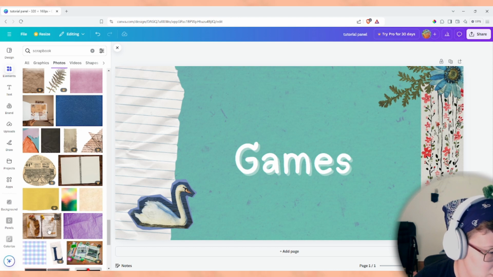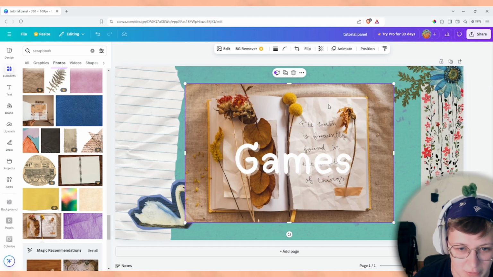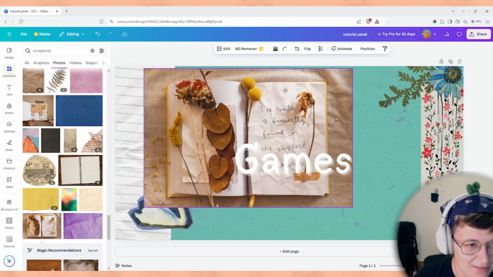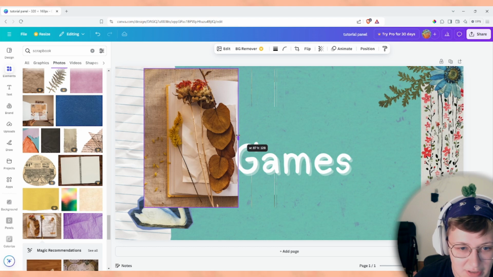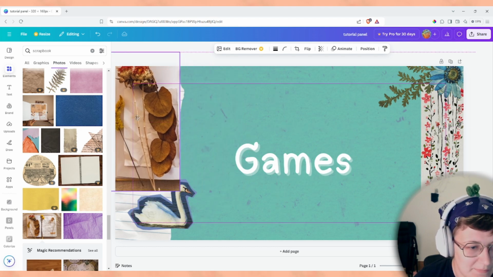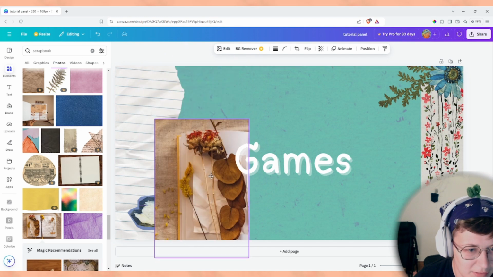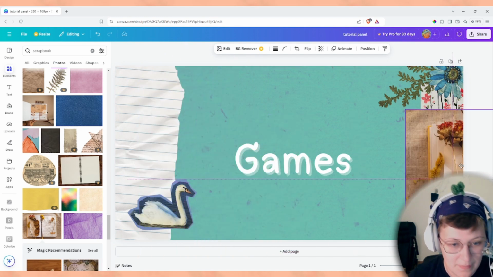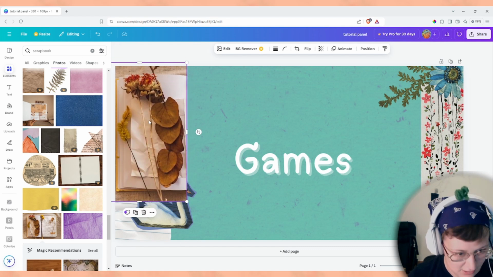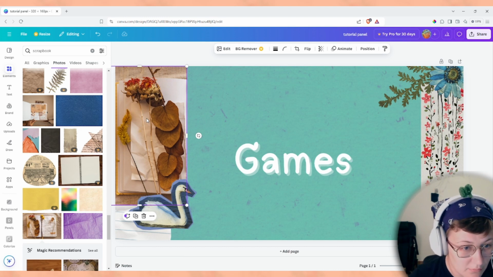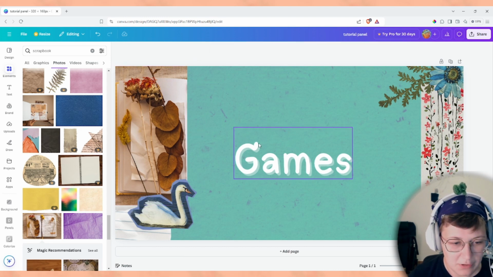Sometimes you can find just scrapbook looking photos like this whole notebook. Sometimes I'll just add that or part of it. Maybe I'll take not the written part necessarily, but just this part. Where do I want to put that? I can put that maybe right here. And if you're looking at this and thinking, hey, this is kind of looking busy and like all the colors don't match, that's okay. We will fix that in a bit.